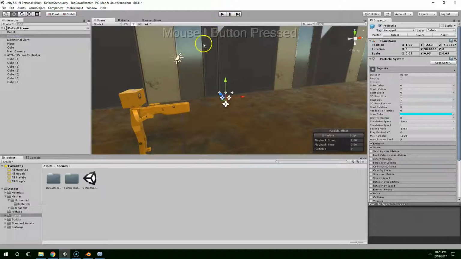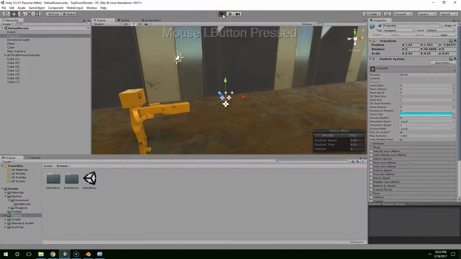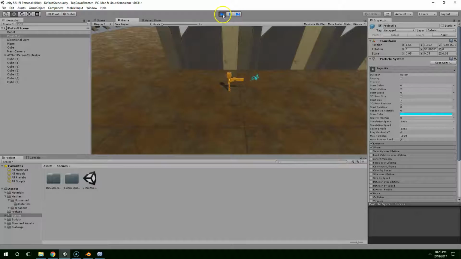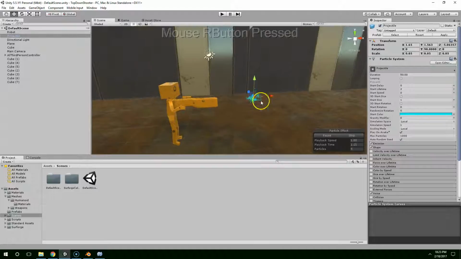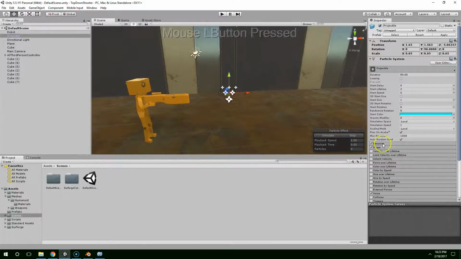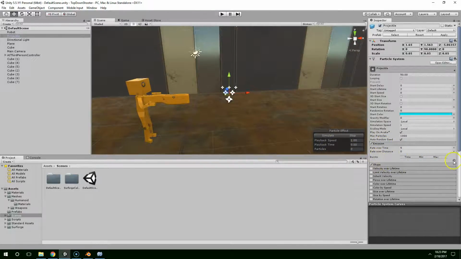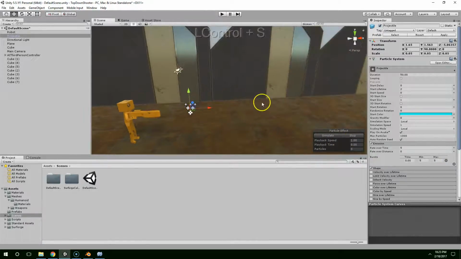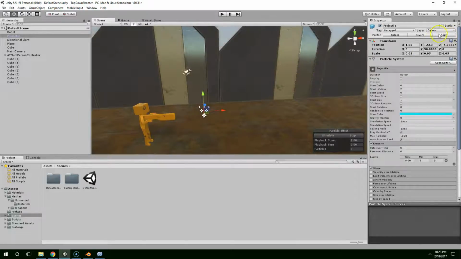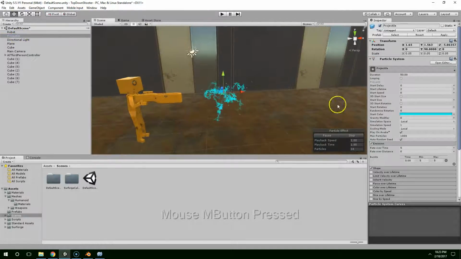Okay, so now save one more time and hit play. Will it crash? No, it will not. Excellent. Okay, and now I think that when it first starts, we should have a burst of at least 5. Simulate. Yeah, that looks good. Okay, so now let's go ahead and apply this to the prefab, and then we can delete it from the scene. And actually, before we delete it,